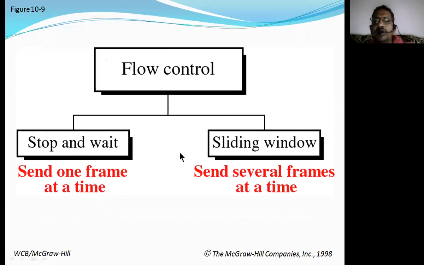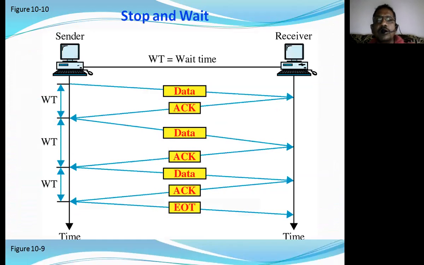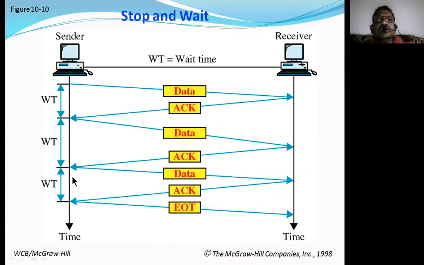In the case of sliding window, as we discussed, it is used to send several data frames at a time based on the size of the window. If the window size is 8 frames, it can transmit 8 frames at a time. The window size is always modulo n kind of data frames. So if it can transmit 10 frames, it can transmit 10 frames like that. Based on the size of the window, it can transmit that many data frames simultaneously in this particular flow control method. Let us understand the operation now. Stop and wait method.